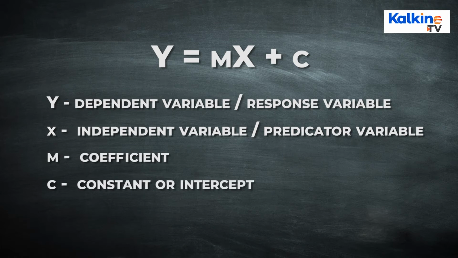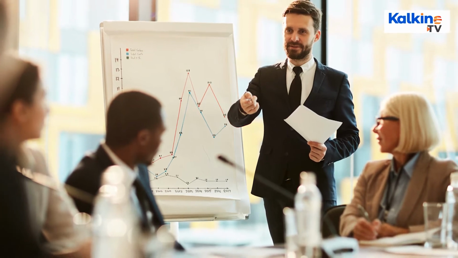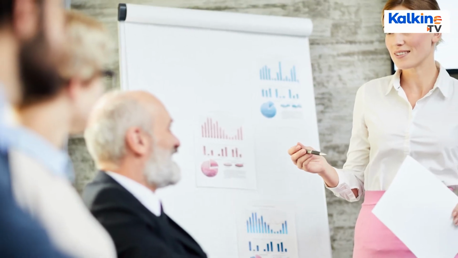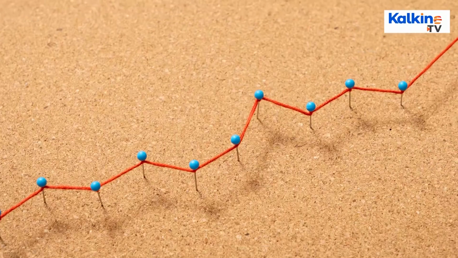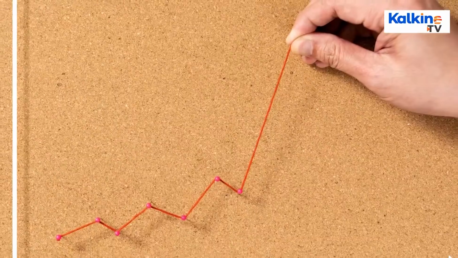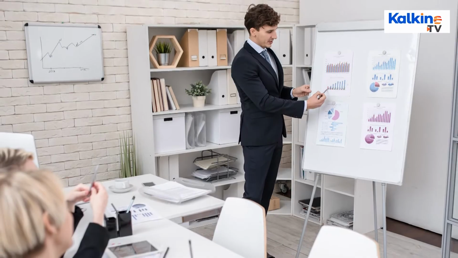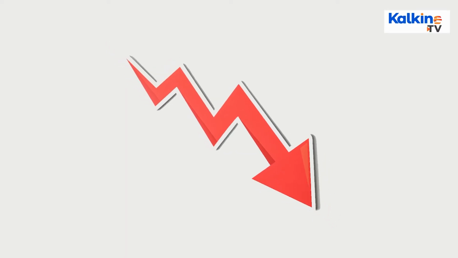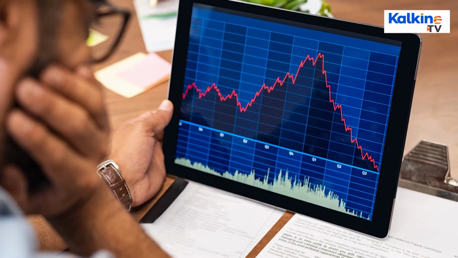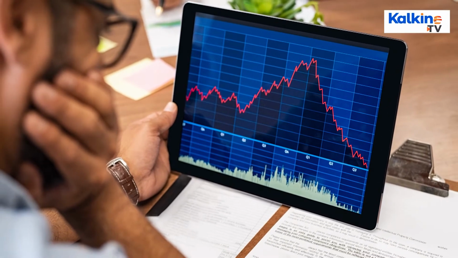In this equation, the sign of the coefficient shows the relationship between the dependent and the independent variable. If the sign of the coefficient is positive, it means that there is a positive relationship between the dependent and the independent variable. In other words, if the value of m is positive, then x increases, and thus response variable or dependent variable also increases. The same goes if the sign of the coefficient is negative. It means that there is a negative relationship between the dependent and the independent variable. A negative value of m implies that if the predictor or the independent variable increases, then response variable decreases.